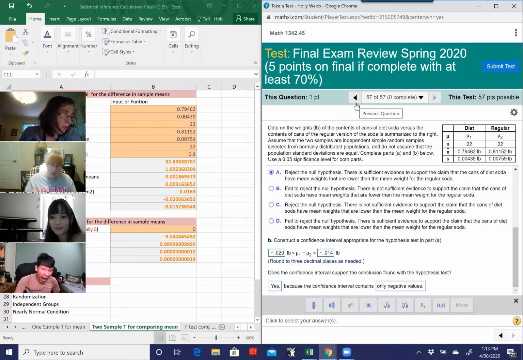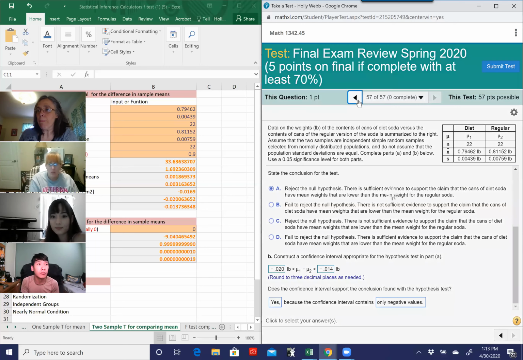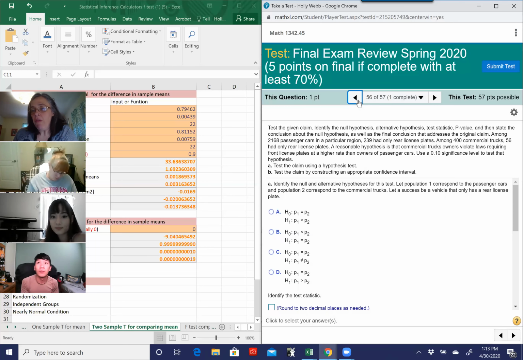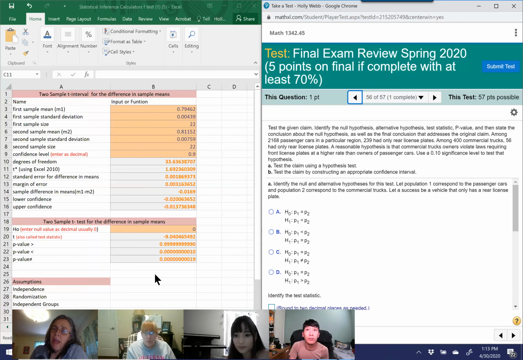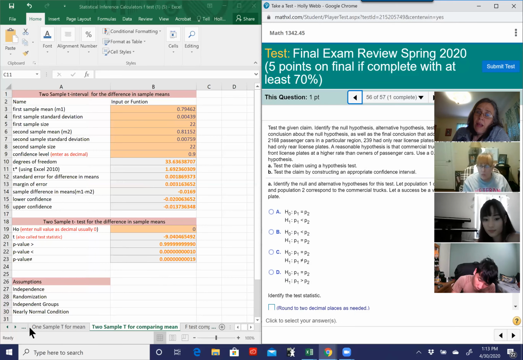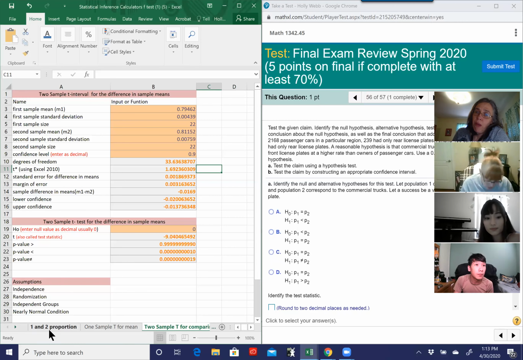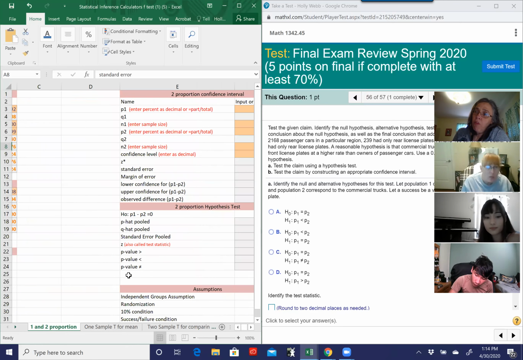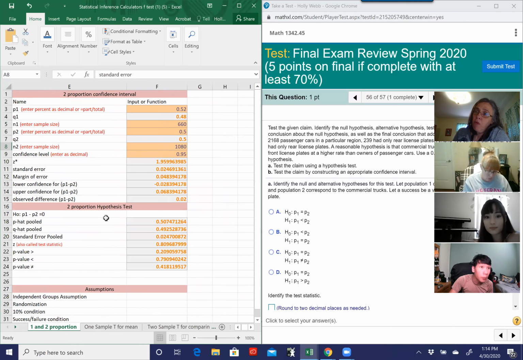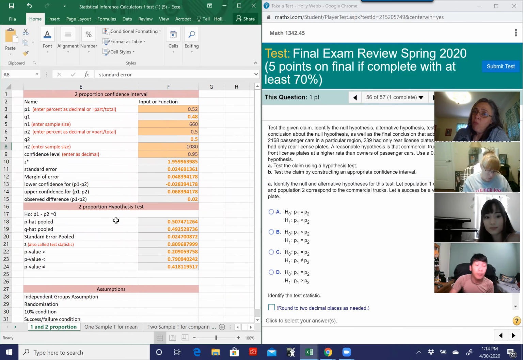So let's just go on to 56 and let's continue our journey through chapter 9 here. We're kind of going backwards in time back to 9.1 now. 9.1 is two independent proportions, right? And in 9.1, we're going to be using the calculator that is on the first page, the second calculator on the first page. Notice the first page of the calculator is 1 and 2 proportion. Here's my 1 proportion, and over here, this is my 2 proportion calculator. This is the one I'm going to be using for